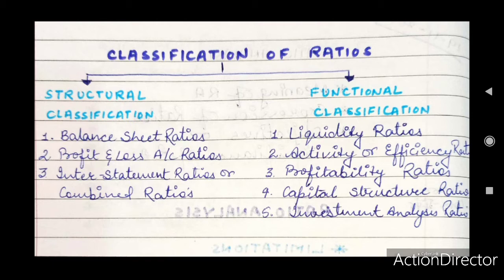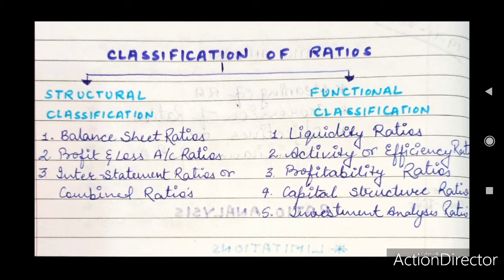Functional classification. Nowadays, it is the most popular mode of classifying the ratios. Accordingly, the ratios may be grouped on the basis of certain tests which satisfy the needs of the parties having financial interest in the business concern. For example, creditors or banks have interest in the liquidity of the firm, debenture holders in the long-term solvency, and shareholders in the profitability of the firm. The ratios may be grouped as per different interests or objectives as under.